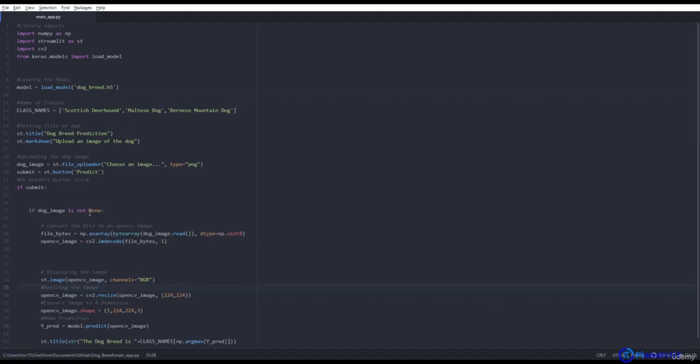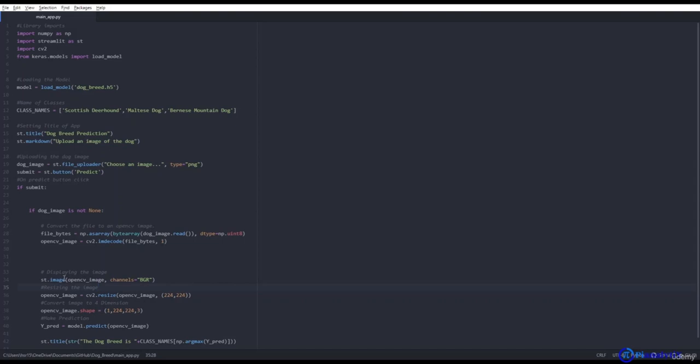If the dog image is not none, then it will convert the file to an OpenCV image. It will take the image that the user has uploaded, as you can see here, the dog image, read it and convert it into a NumPy array, and convert that NumPy array into an OpenCV image using the cv2.imdecode function. After that, we will display that image using the st.image function.